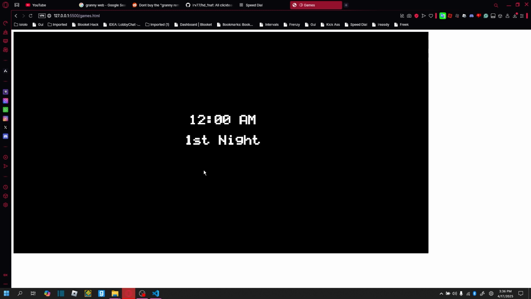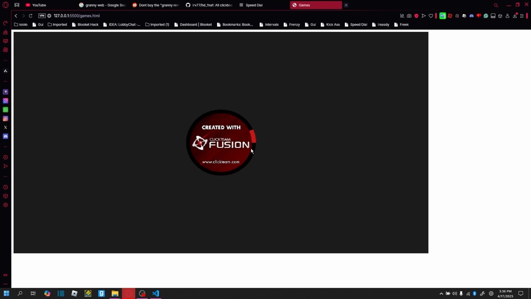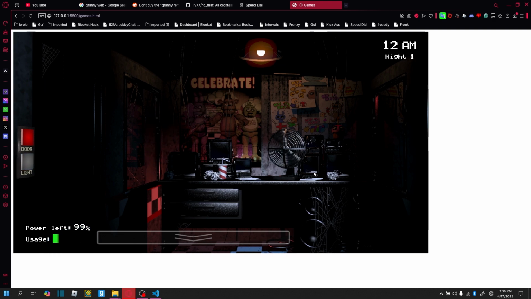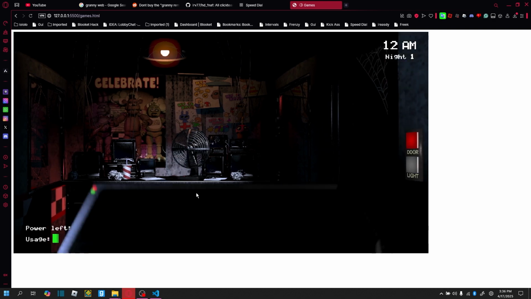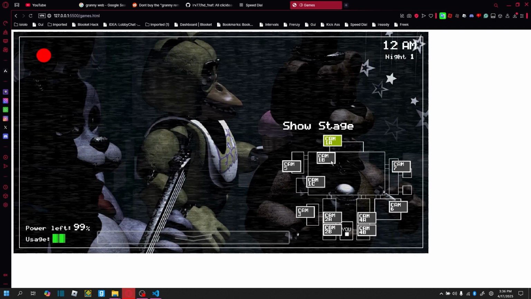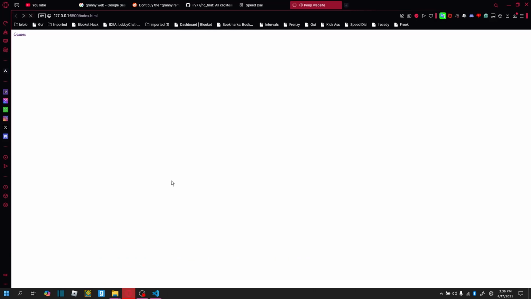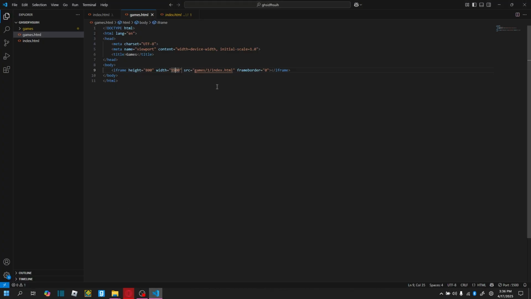Give it a minute. As you can see, it literally is playing Five Nights at Freddy's. Now, the office is going to take a little bit to load, but my Wi-Fi is cracked. As you can see, it's literally Five Nights at Freddy's in the game. It's actually pretty... Anyway. So, after you got that working, what you're going to do is now, you might say,